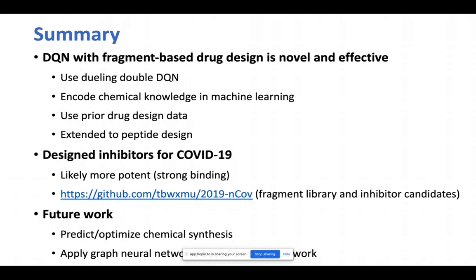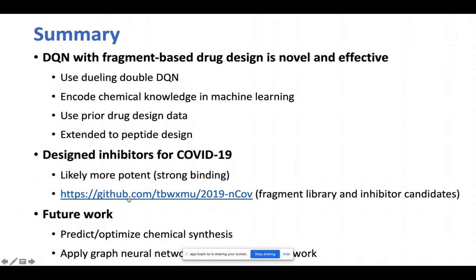And then we designed all these small inhibitors for COVID-19. We believe these inhibitors are more potent than any other drugs we know. That means that they have a very strong binding, demonstrated by this free energy, and also we believe it can be demonstrated by IC50. Of course, it doesn't mean they are good drugs because they could have side effects and other things, but at least they provide a basis for strong binding.